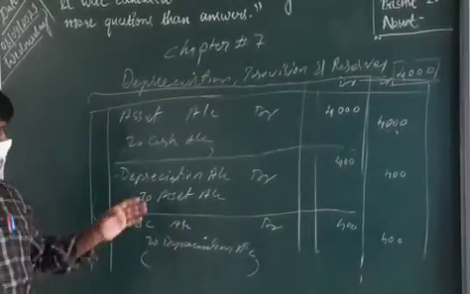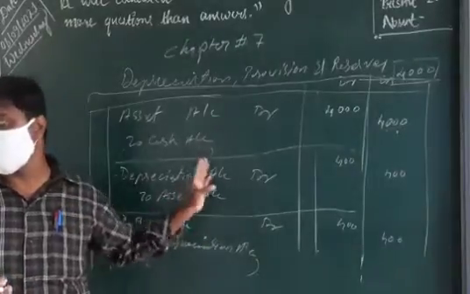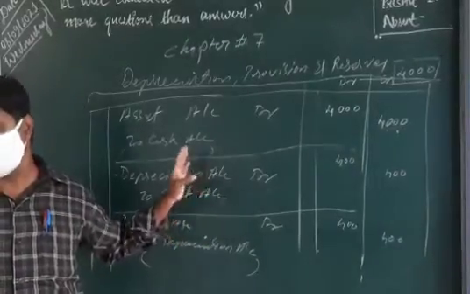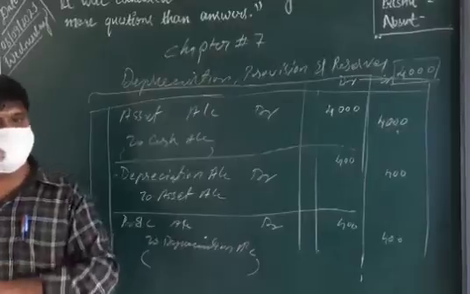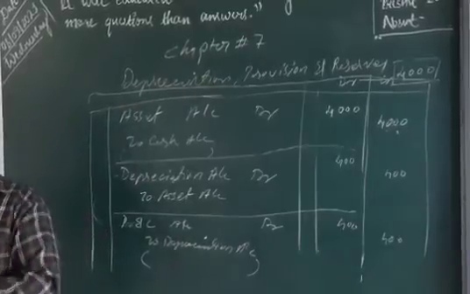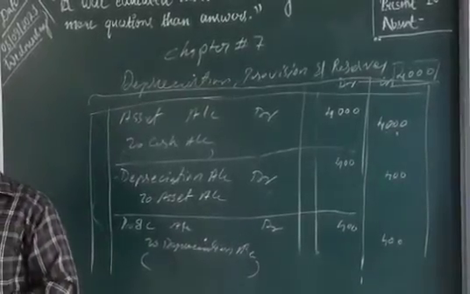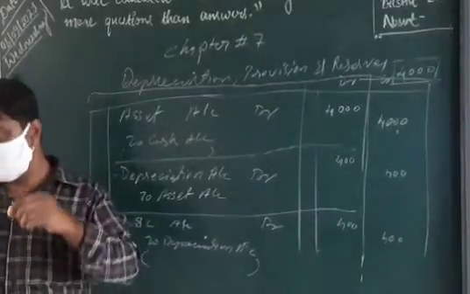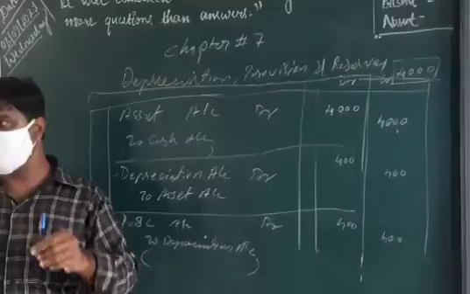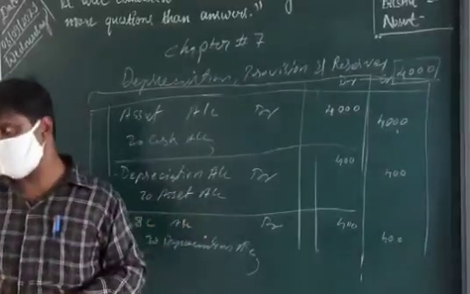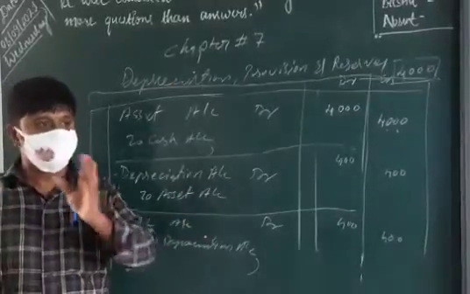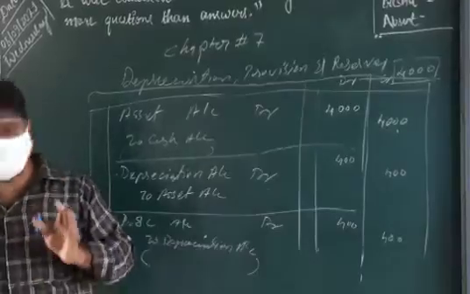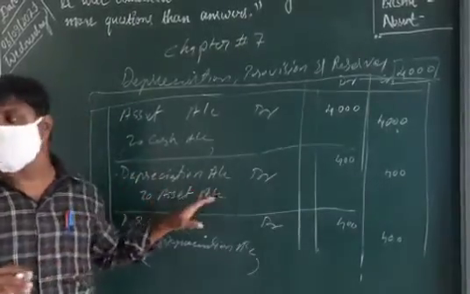Even in that time, it is not necessary to make that depreciation up to that time. Depreciation expenses, like those non-cash expenses, they can show at the end of the year. But if they are giving dividend or profit on a monthly basis, they need to consider all this. So that is not from your study. You don't need to think of that much. You just take this at the end of the year.